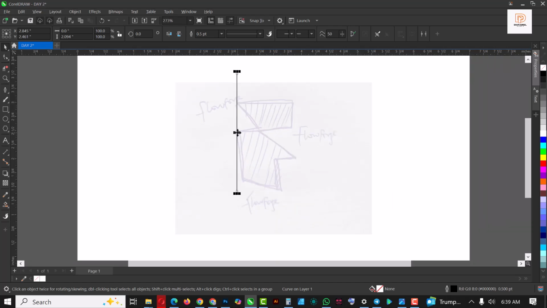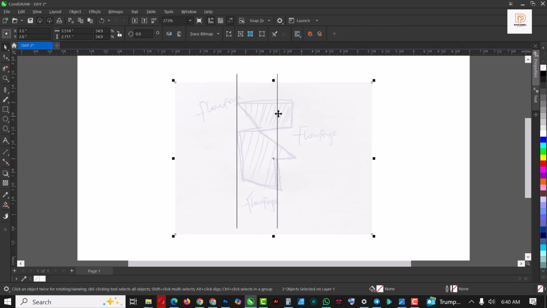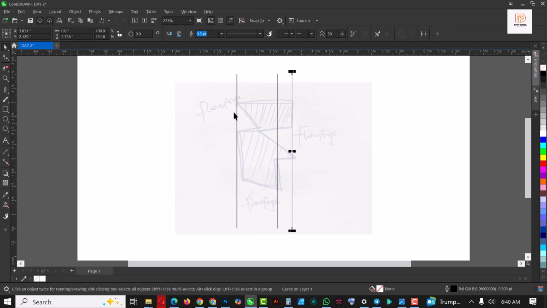Ctrl C, Ctrl V. I'm going to put this here. I have another line here. You can see from our trace, that's obvious. And I just extended this. So I have a last line. So Ctrl C, Ctrl V, and position this here. So 3 lines here. And I'm going to have